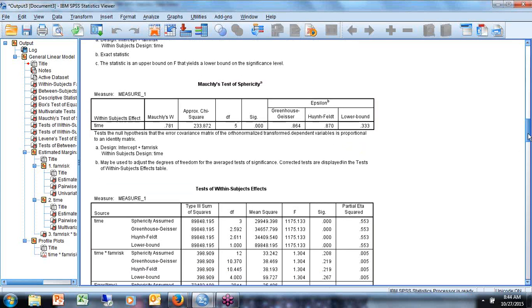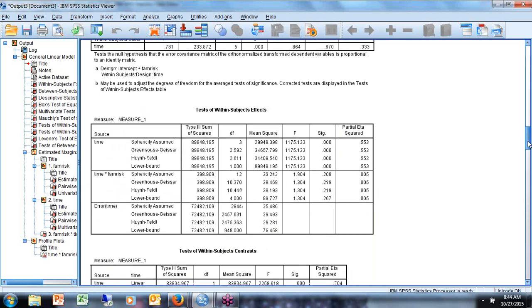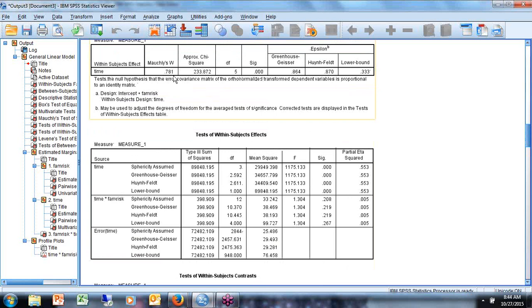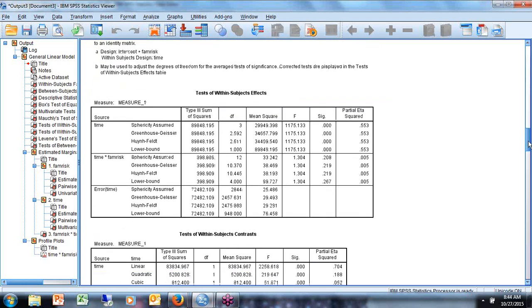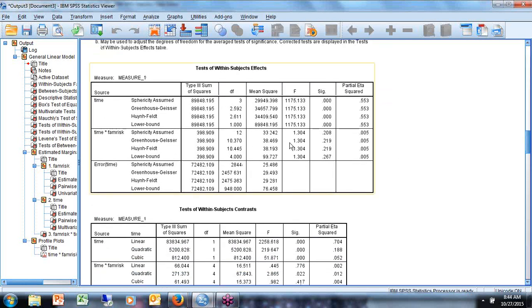For our purposes today, we're going to use the Huynh-Feldt procedure, and we're going to go to the Greenhouse-Geisser. We're going to come down here and look at these results. So what we see is, when we look at the Greenhouse-Geisser adjustment, which is made based on the information up here with this Mauchly's test, and the epsilons are tied to this. So we go down here, we look at this Greenhouse-Geisser, and what we see is that indeed there is a